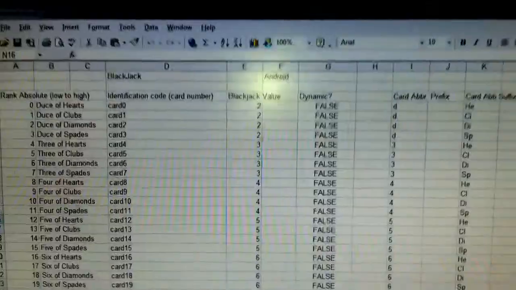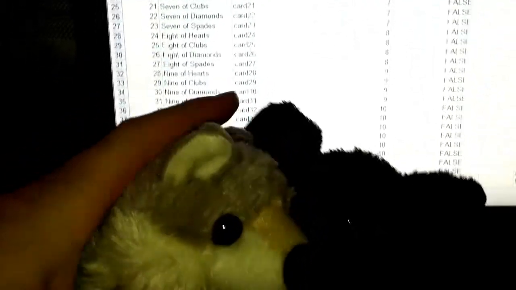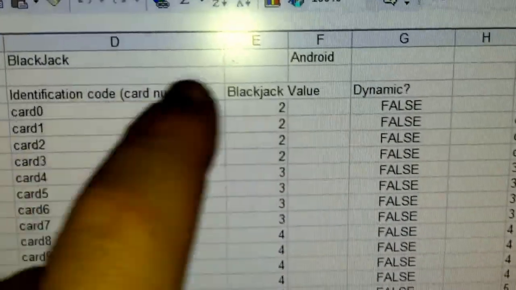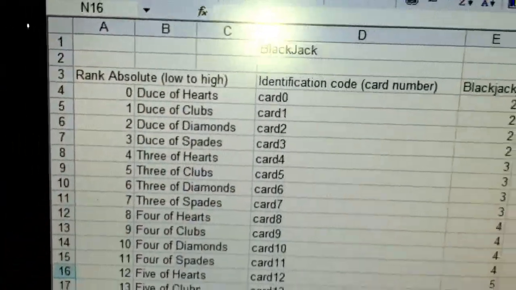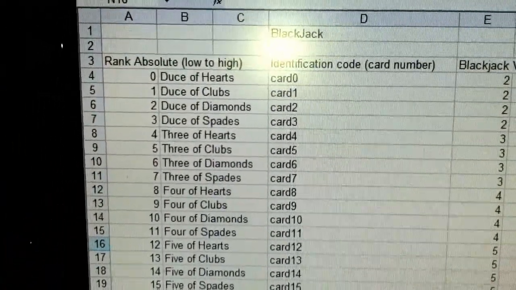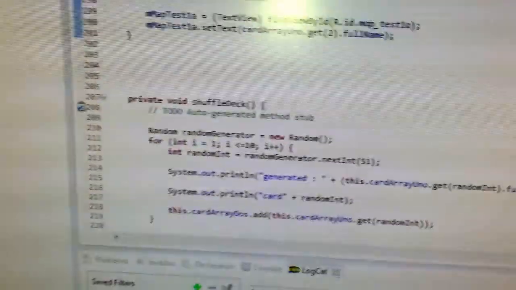You're probably like, what is this problem? Well, here's the issue. Let's say you have a deck of cards that are part of their own class. How do you make it so you access properties like the blackjack, the code, and their name if they're all objects? Right? Because I want to shuffle the deck. So I came up with this